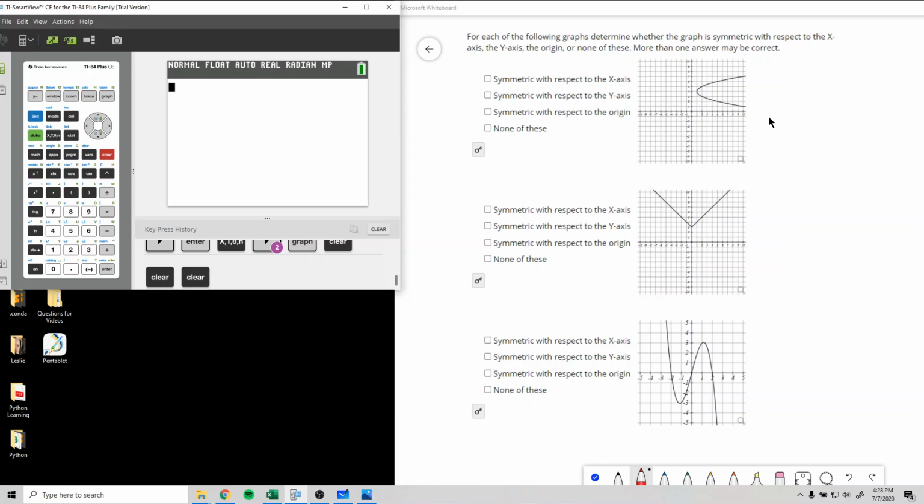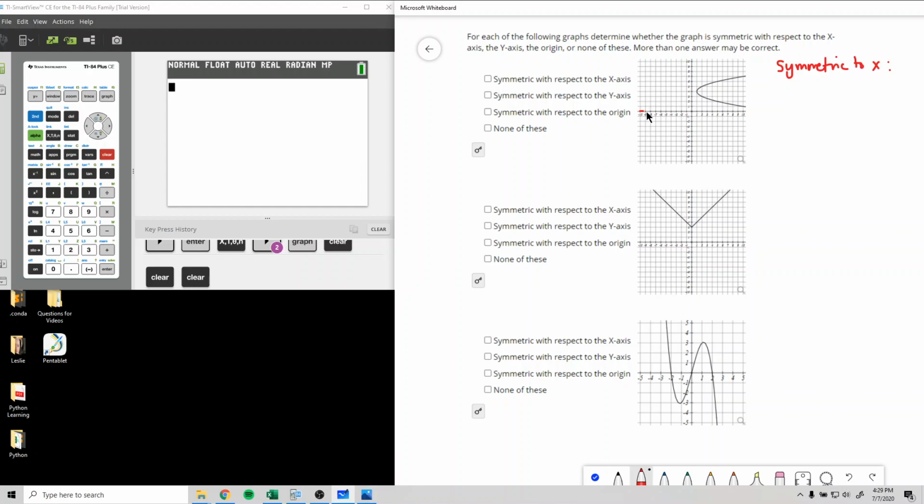And for these problems, it's going to ask you, are you symmetric to the x-axis, symmetric to the y-axis, symmetric to the origin, which we'll talk about, or neither. So I'll go through the details of this first one and then mention how it works with the other two as well. If we want to see if it's symmetric to the x-axis,